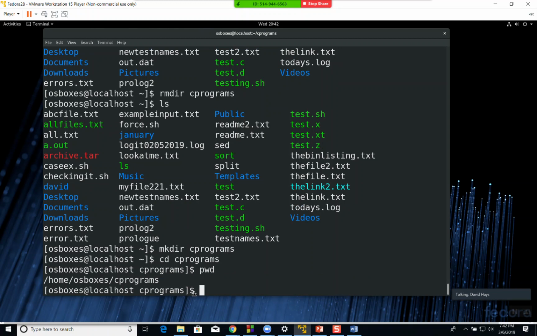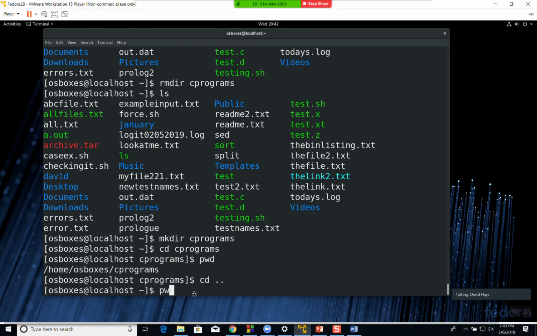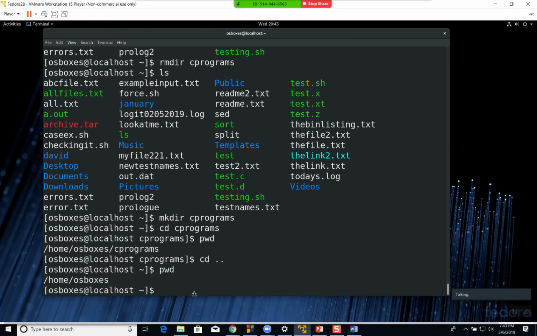I'm at /home/osboxes/C programs. To go back one folder, one directory, I do cd space dot dot. Again, you have to have the space there. If you try to do a cd dot dot, it won't work. Now if I do pwd, you see we're now at